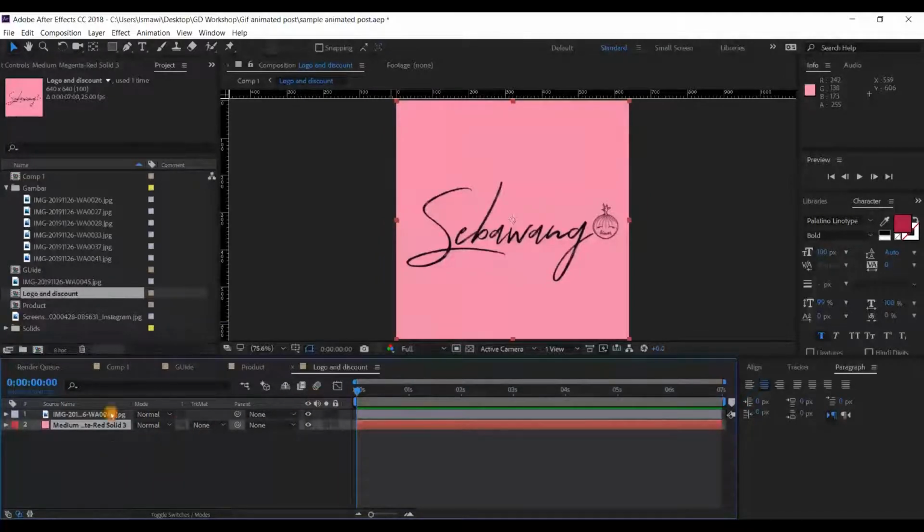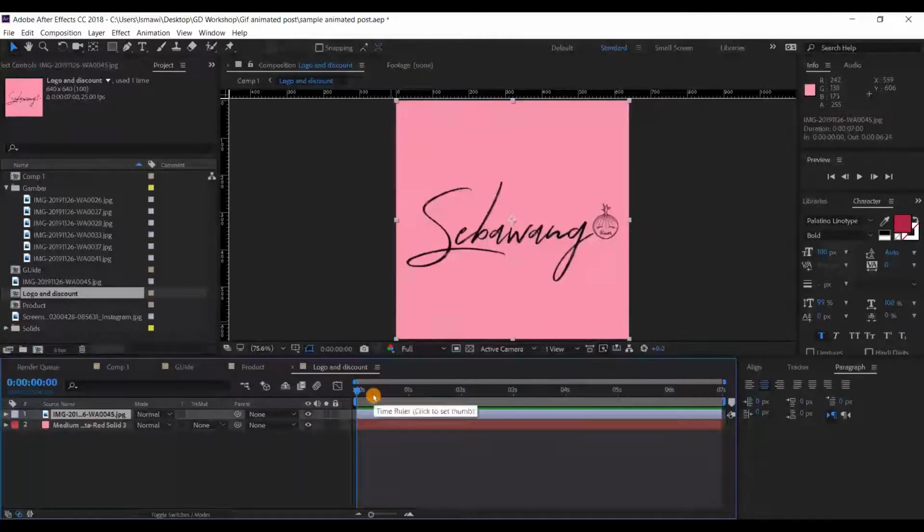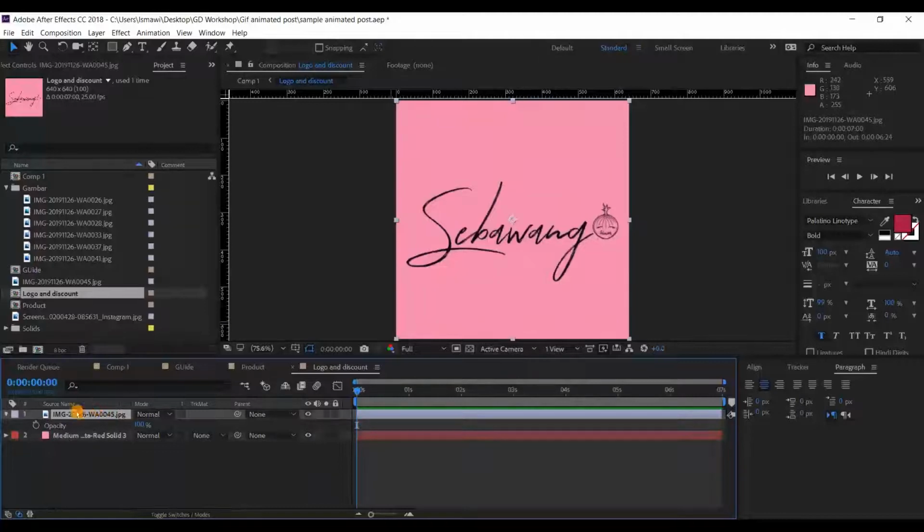So first I'm going to animate my logo. The shortcut for opacity is T, where we're going to play around with the opacity of our logo. We're going to make it appear and disappear, with about a 1 second duration.